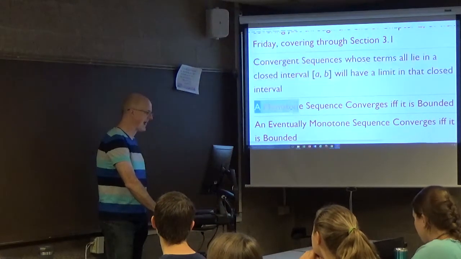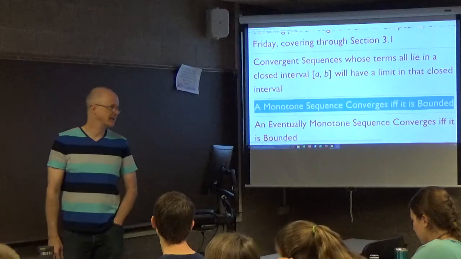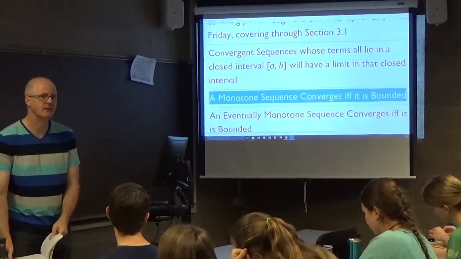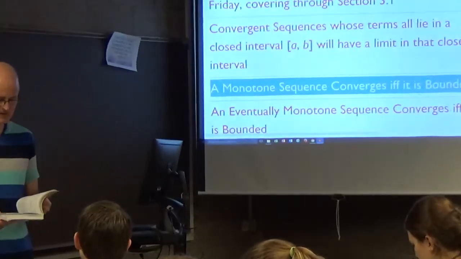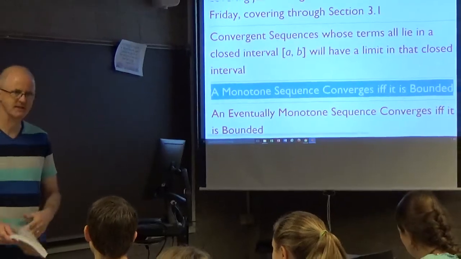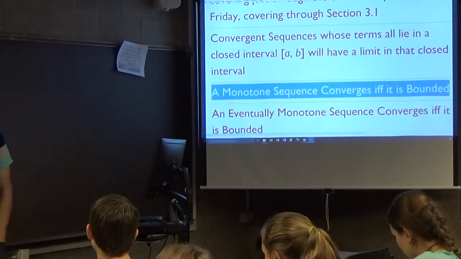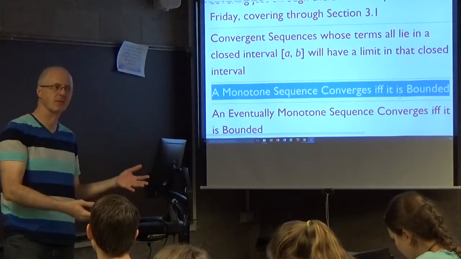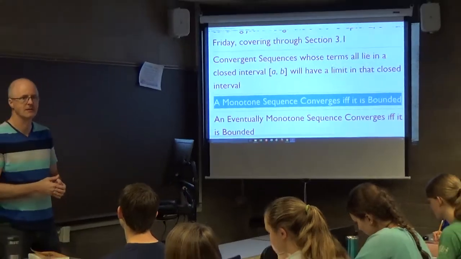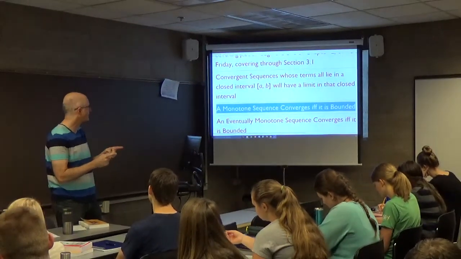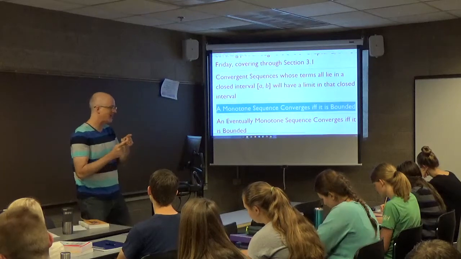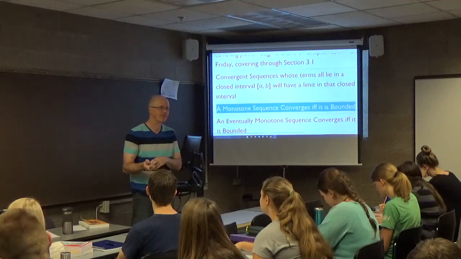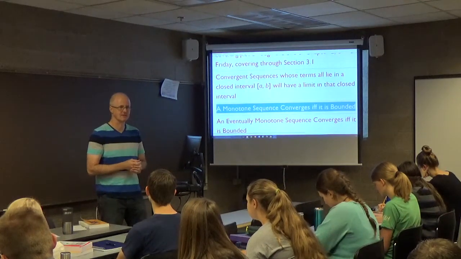We have this very important fact. A monotone sequence converges if and only if it is bounded. You should be able to prove that for the test. I have put that on other exam ones. The proof is on page 61. They do it for the case of a monotone increasing sequence. Maybe, for your exam, I'd have you prove it for a monotone decreasing sequence. Excuse me, a monotone decreasing sequence converges if and only if it's bounded below. That could be a proof on the test.